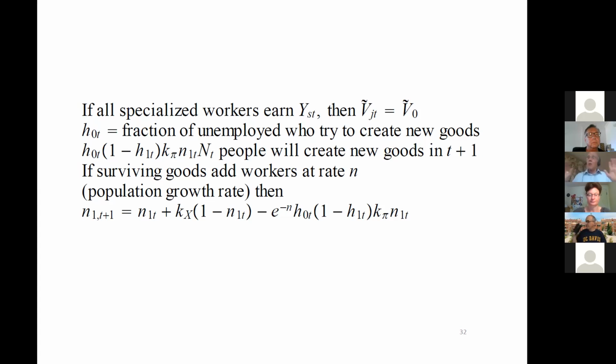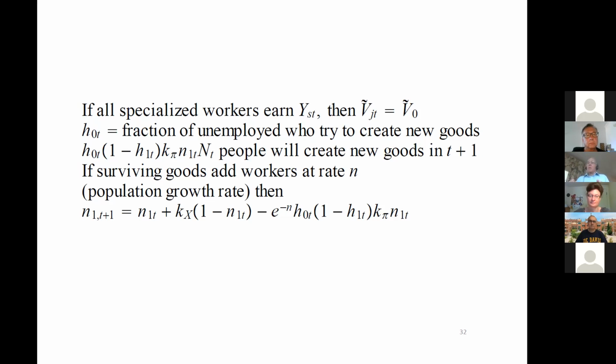Everybody knows whatever good I have now, the market is fickle. People may lose interest in that. There's probably kx that demand is going to be low enough for long enough for my good that I'm going to be forced to disband. So there's an inflow of new unskilled every period, kx times the number of previous skilled, which is 1 minus N1t. And then there are flows out of the unskilled